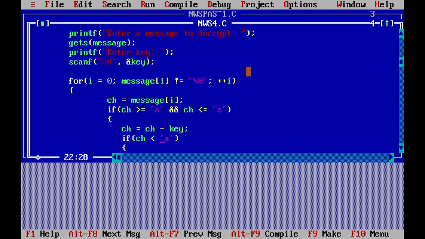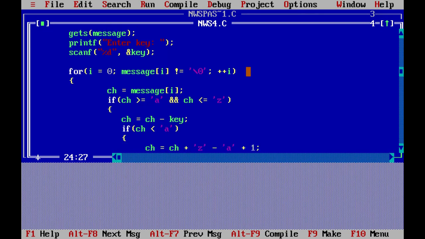In encryption it checks for greater than small z, because the range is between small a to small z. If ch is greater than small z, then do all those things, but in decryption it should check whether your choice is less than a, then go for changing the choice value like this.